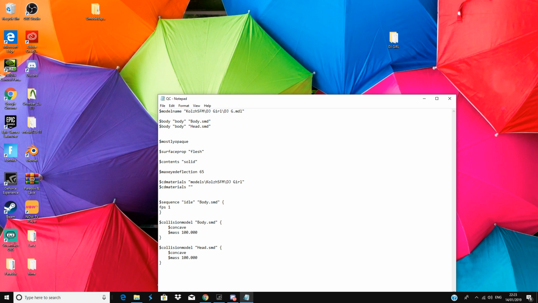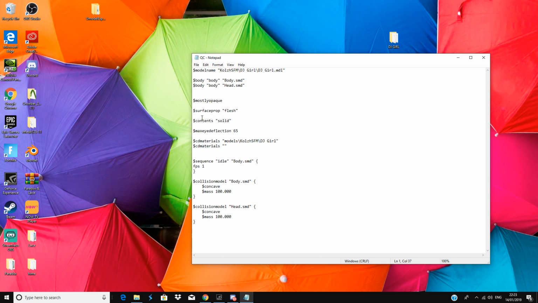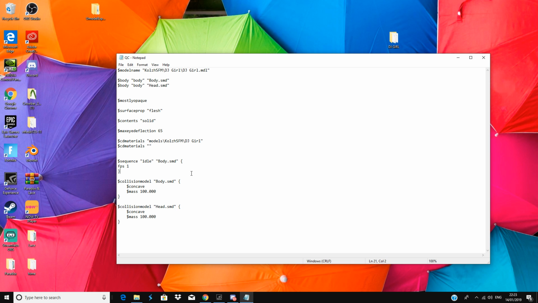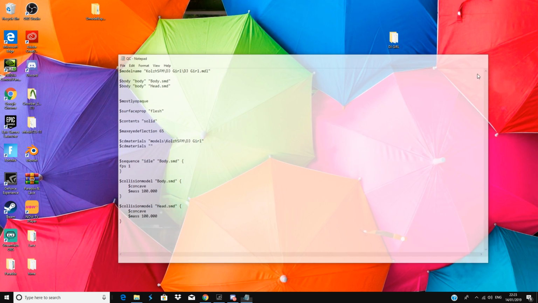And then once that's done, this is the QC done. So like I said, if you've got head, you just want to copy this and change that to head. But you obviously have 3 of these. Then you want to copy another one, copy this, and put that as hat. So make sure you've always got the right amount of stuff here, and then just save that into your